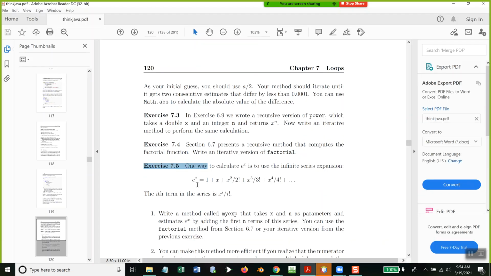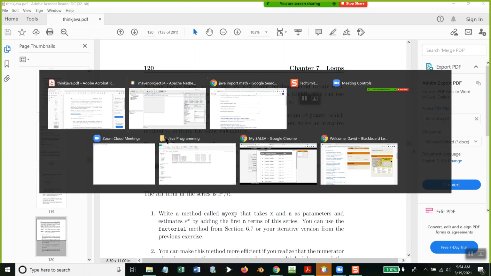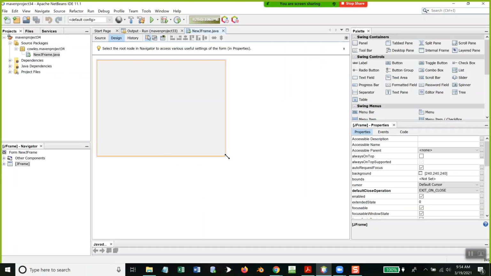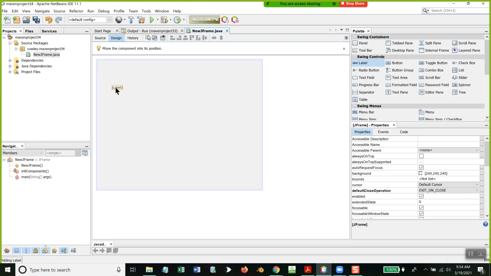Okay, e to the x power. So I need to pass in x. E, if you haven't had mathematics, is 2.7 a bunch of decimal places. The first power would be 2.7 bunch of decimal places, and so forth. Okay, so